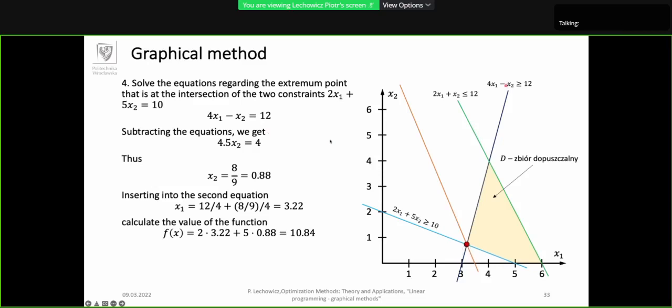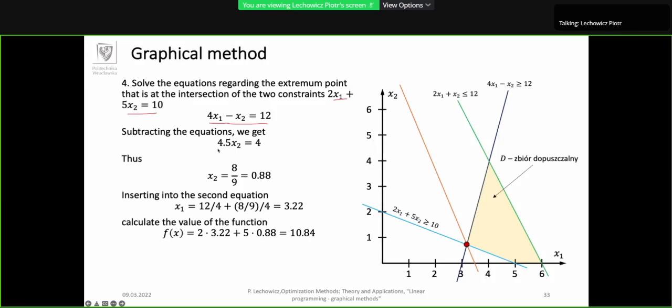So the first constraint is the blue one, the second one is the light blue one. So we assume that there are equalities because this point is exactly on the constraint line. So the point has to satisfy this equality because it's on this constraint line, and it has to satisfy this equality because it's on this equation line. It's here. So if we subtract these equations,